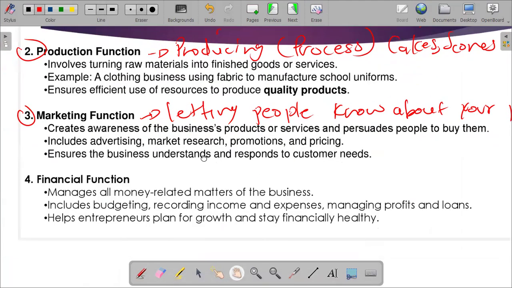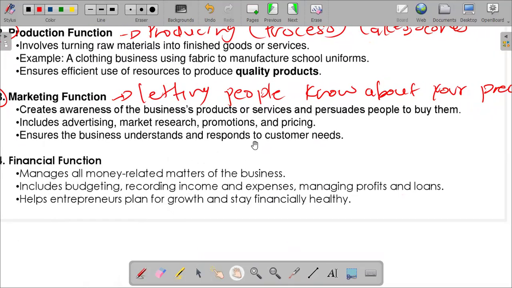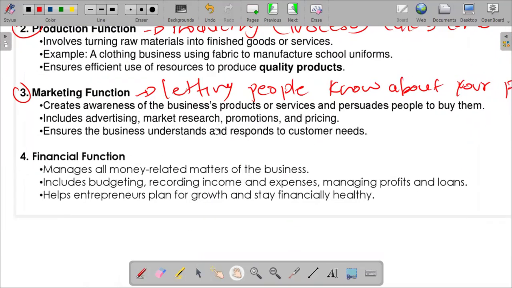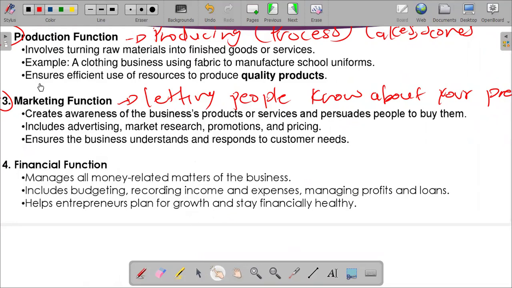That's basically what marketing is. So you let people know what you are selling. So it says here, marketing function, it creates awareness of the business's products or services and persuades people to buy them. Persuade meaning first you introduce and then you make people like your product,